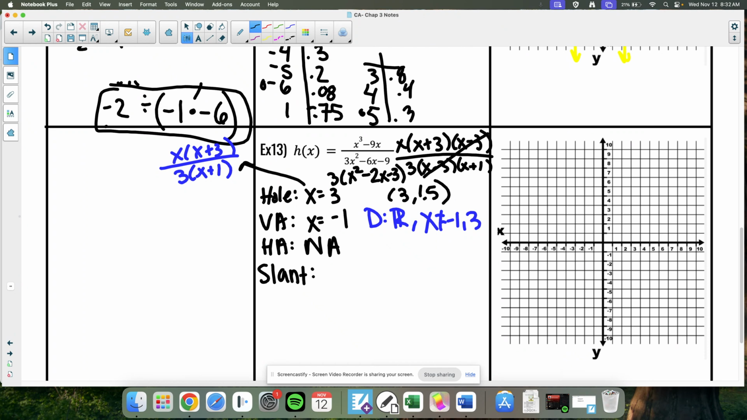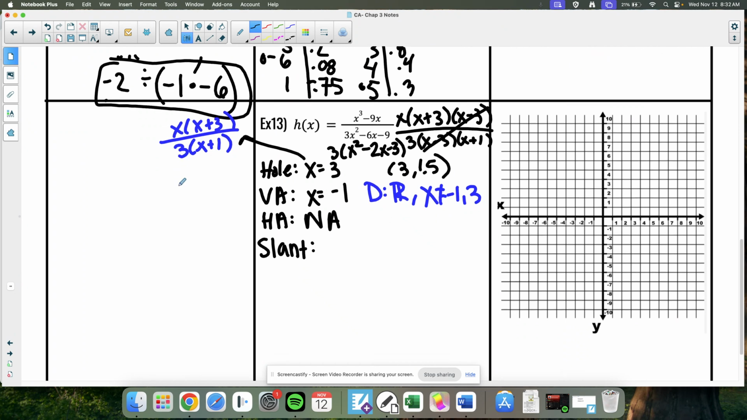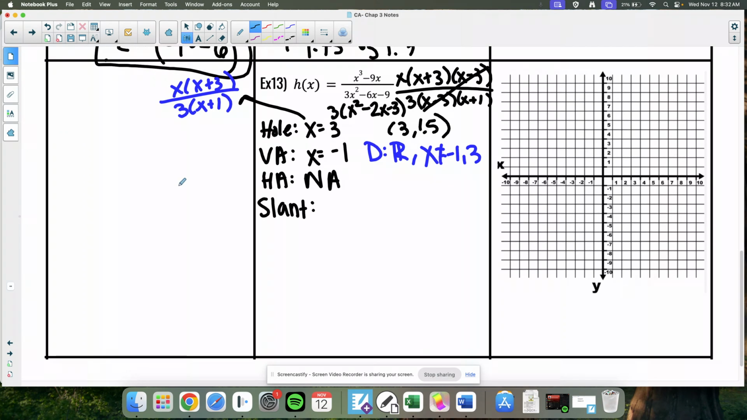This is a tricky problem. I still want to challenge you guys. I don't want this class to just be a repeat of Algebra 2, a repeat of pre-calc. So, slant asymptotes are goofy. This is kind of a tricky one to find your slant asymptote with, because when we go to the original,